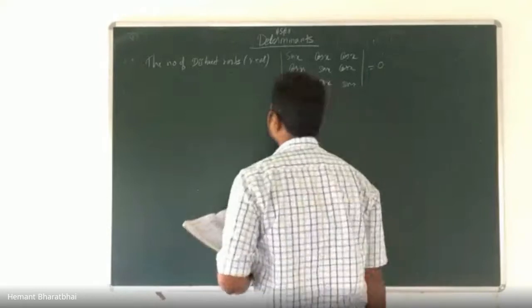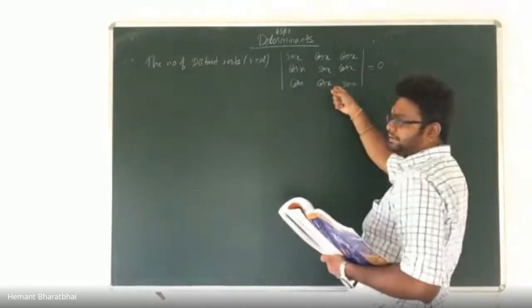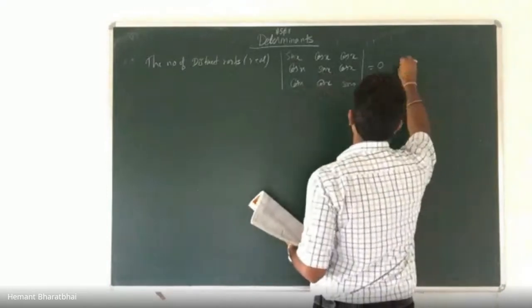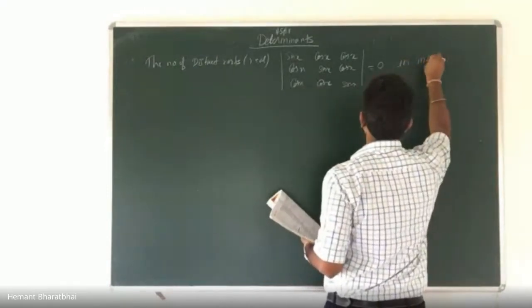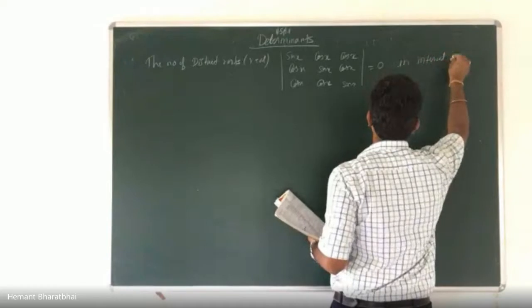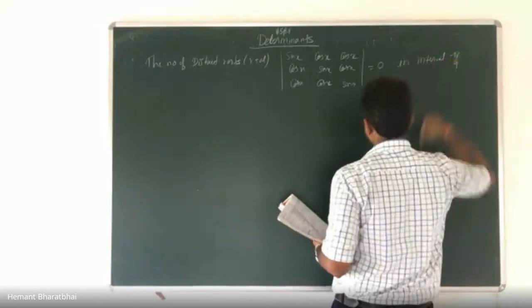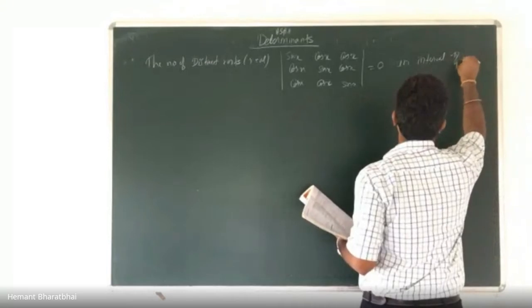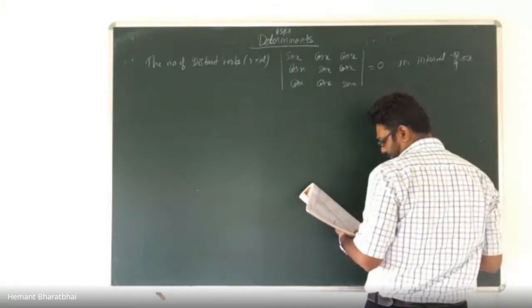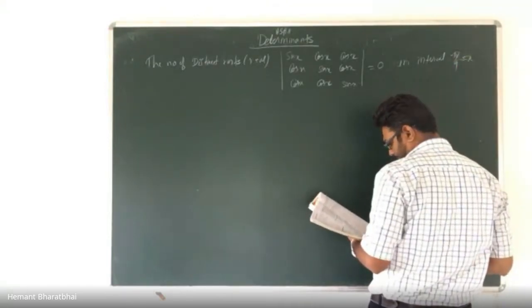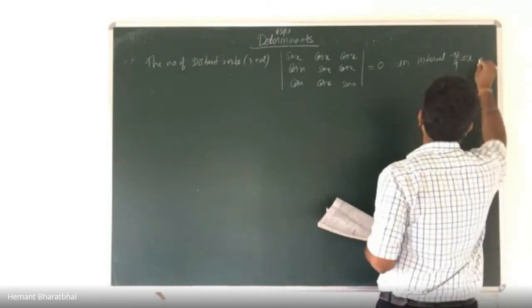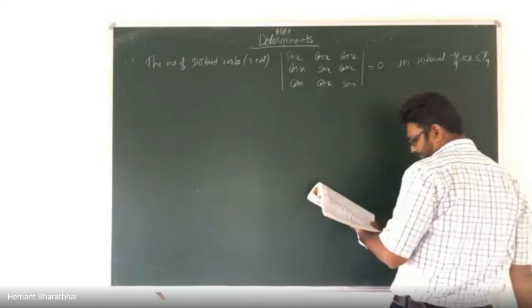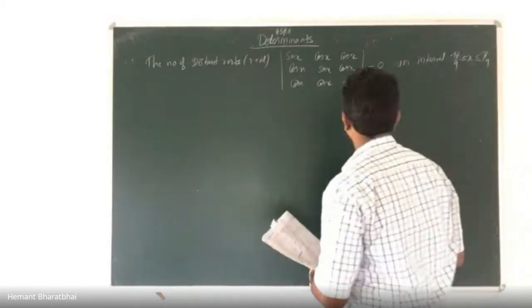The number of distinct real roots for this particular determinant equal to 0 in the interval x greater than or equal to minus pi by 4 and less than or equal to plus pi by 4 is